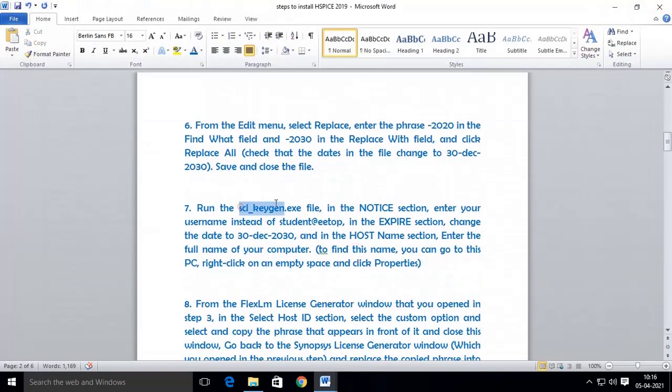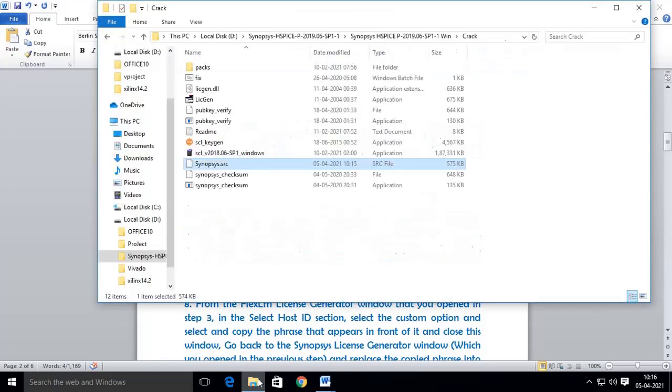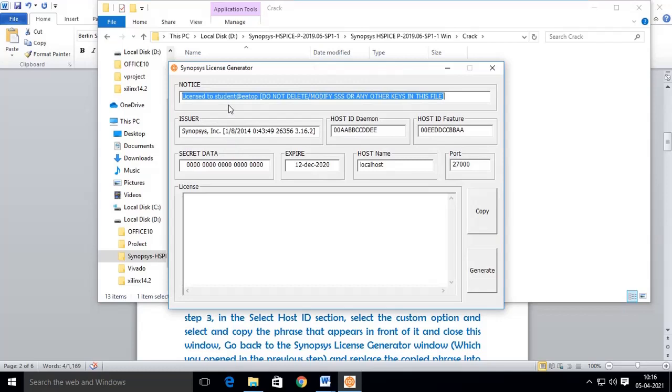Now run the SEL key generation file. Instead of username, type your username. Instead of student @ top, write the username of your computer.